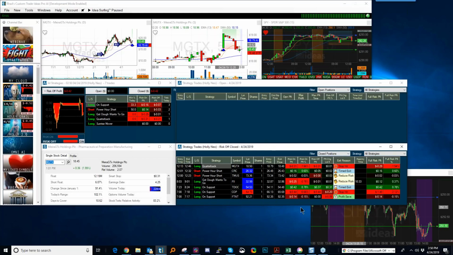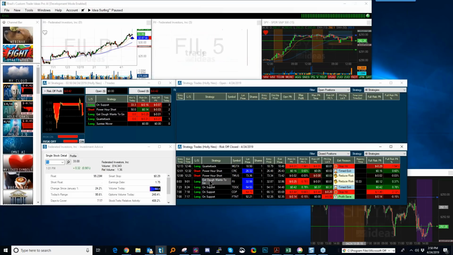So we keep track of all those different P&Ls, giving you the reason why we got out of it in that short-term risk-off mode, but ultimately letting you decide whether you want to stick with it. We are also adding this new feature, which I don't think has made its way to the software yet, which is the re-entry. I could be wrong. It may be in the latest version that we put out. But the re-entry, let's take a look at what happened here.